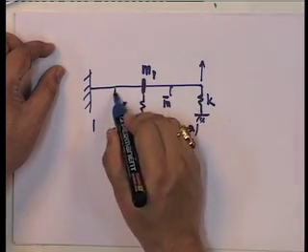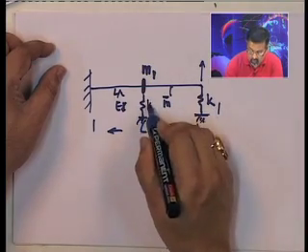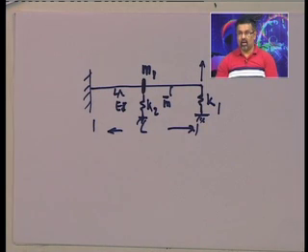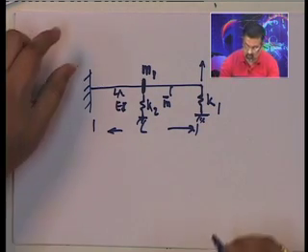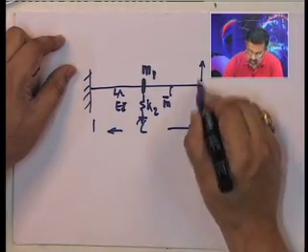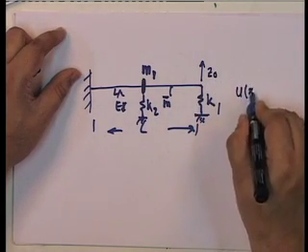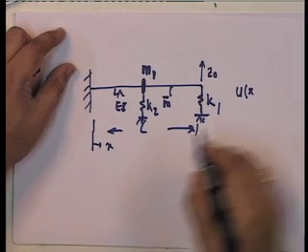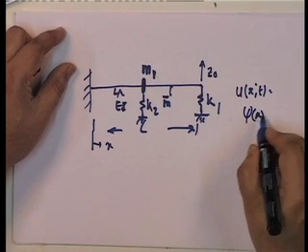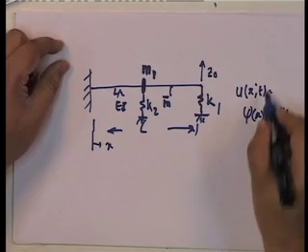This mass is at L by 2, and I will put another, this is K1, I will put this as K2. Okay. Let us see what happens. And I am going to put the following. I will put xi, so I am going to put that displacement, this is Z0, u x of t, where x is defined from here, u x of t is given by some xi x Z naught t, okay, and